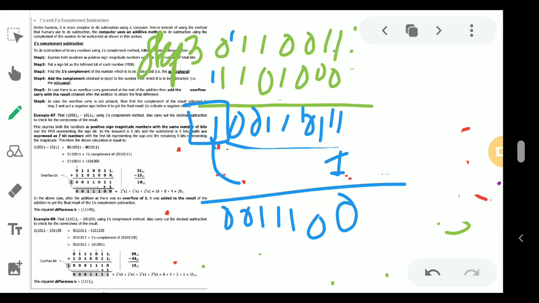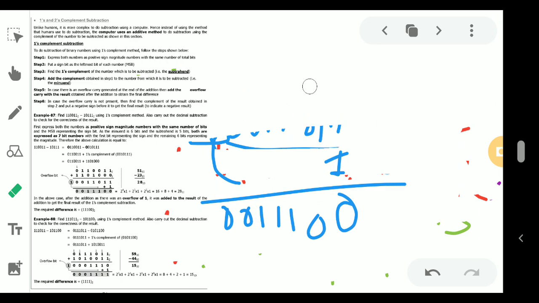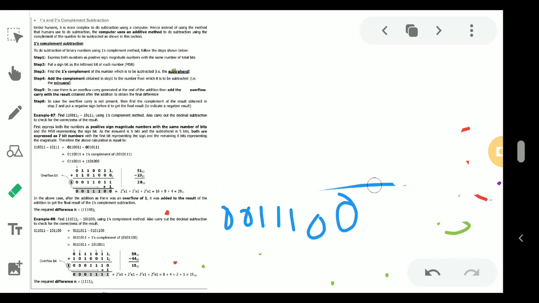Now, with another ones complement case, sometimes it may happen that there is no overflow, unlike in this case, where overflow is there. If no overflow is present, at that point of time how do we do it? So let's explain this with another example, to explain this kind of sum where no carry is generated.